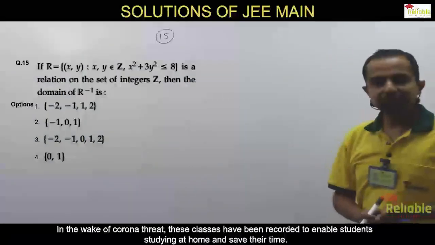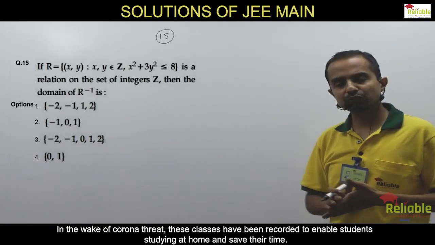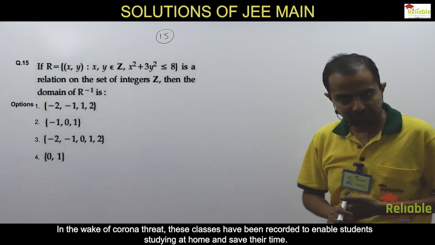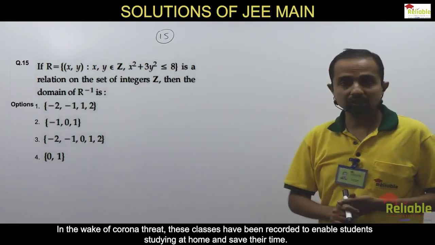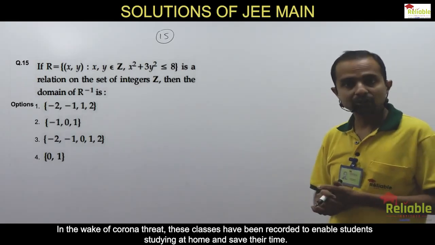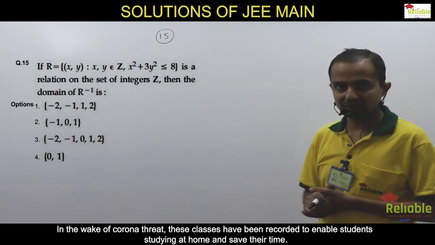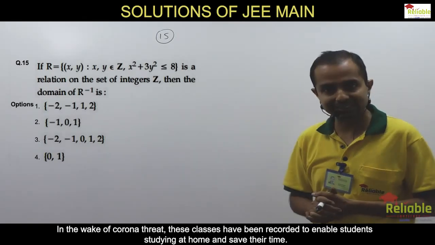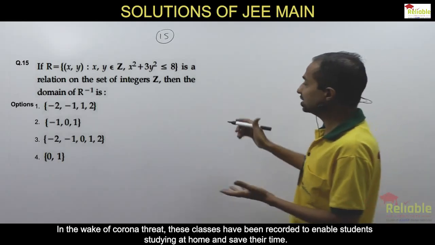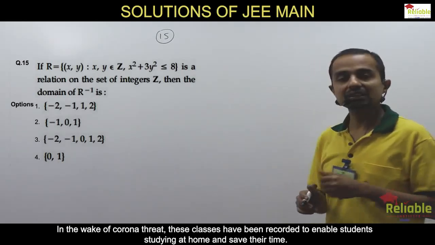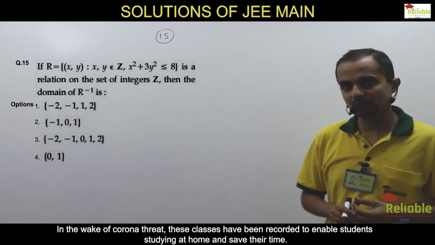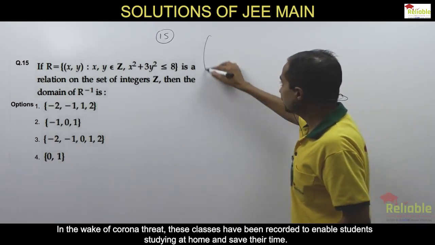Now question 15 is from relations. For the past couple of years, JEE Mains was skipping relations. So those aspirants of 2020 who might have thought that the trend will continue might have got in trouble with this question. Otherwise this question is quite easy. Now what's this question? A relation is given as you can see and they've asked us to find the domain of R inverse. Now certainly if this is your relation,